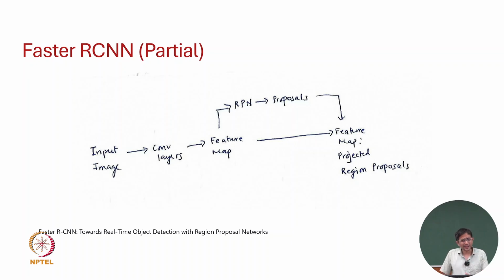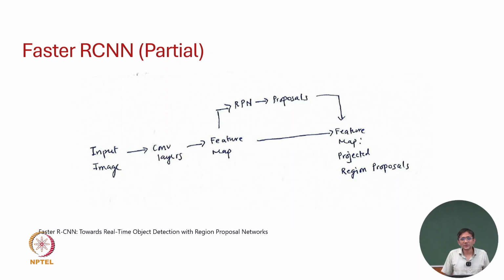From the input image we had a parallel branch which we were calling the region proposal generation branch. Let's say it was selective search. In this case, instead, we have this RPN originating from feature maps. Based on these feature maps, we have this region proposal network which generates the proposals,